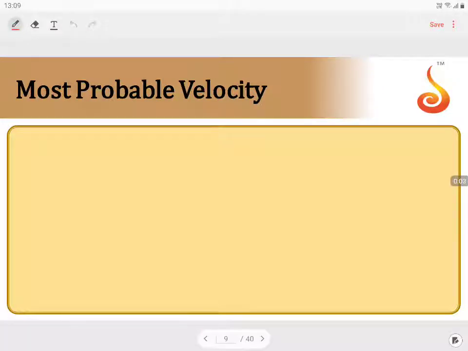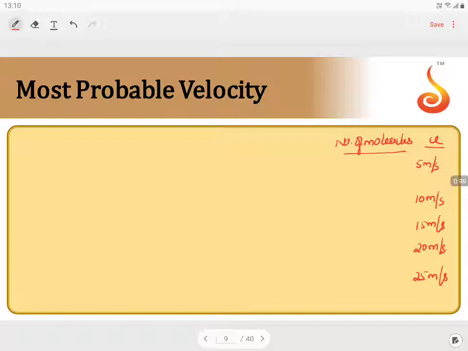If you have different types of molecules, let us understand. If you take the number of molecules and their respective velocities, I may have a fraction of molecules possessing velocities of, let us say, something like 5 meter per second, 10 meter per second, 15 meter per second, reaching a maximum of 20 meter per second, coming back to 25 meter per second. These are the different velocities.